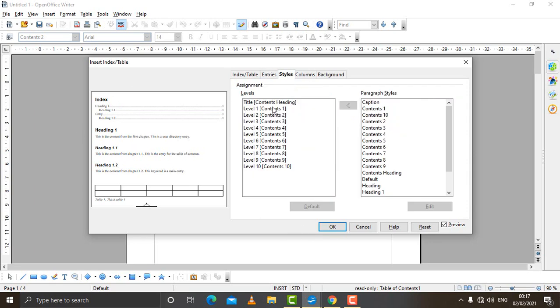Then come to styles. This is to change the style of the headings. Say for example level 1. Level 1 means this. See, this is level 1, and how the type will come, like this. You can see the changes, or this.